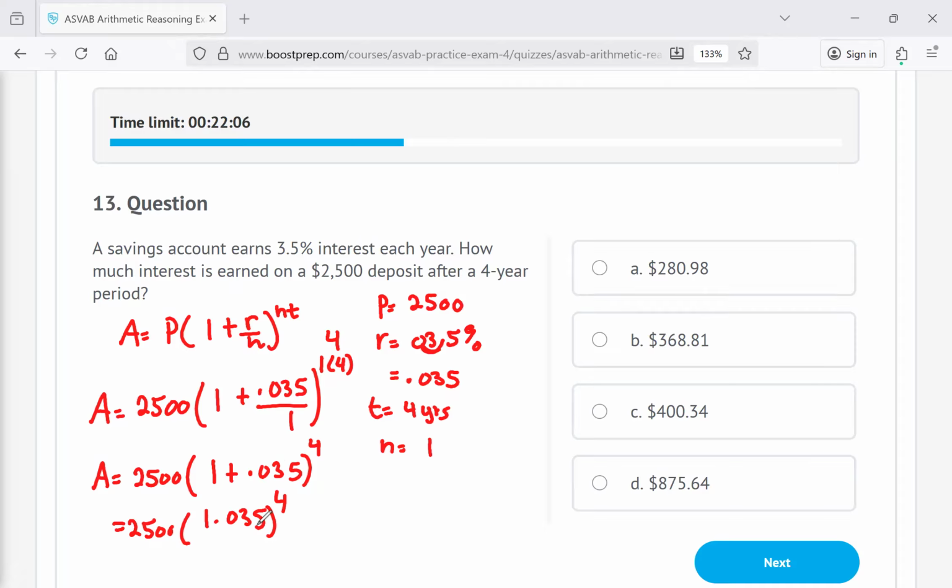How could you do this without a calculator? I don't know how. So this is where I'm going to introduce you to another formula. So wait, let me show you. After you figure that out and somehow miraculously figure out how to do this without a calculator, that's not your answer, by the way. When you figure this out, it's going to be like 2868